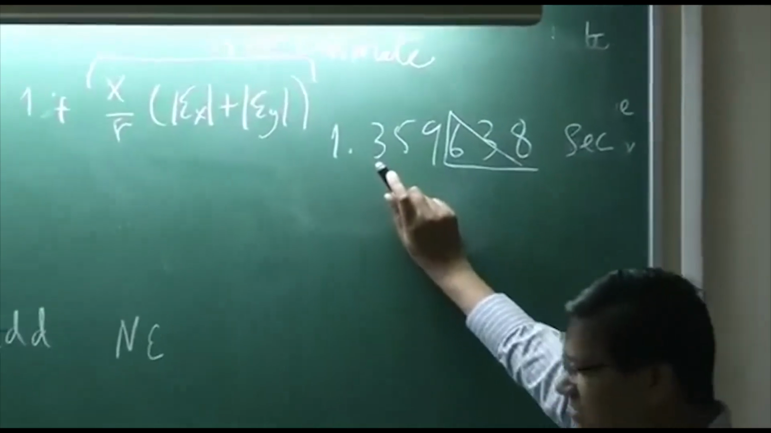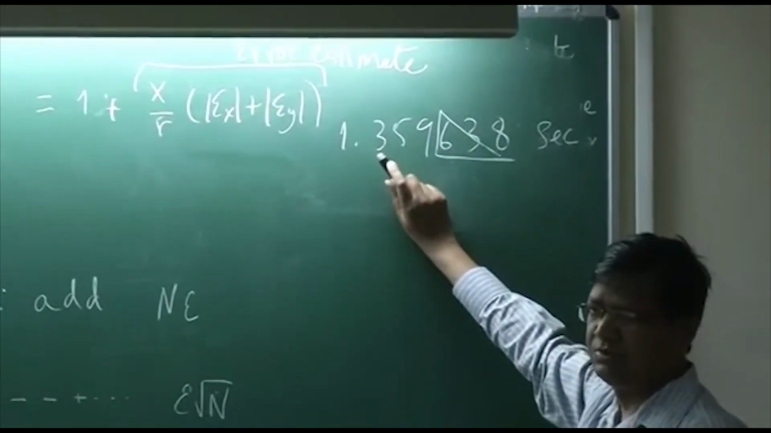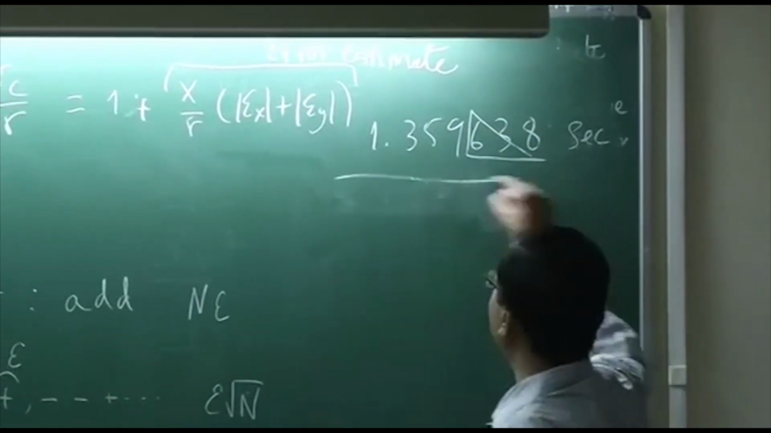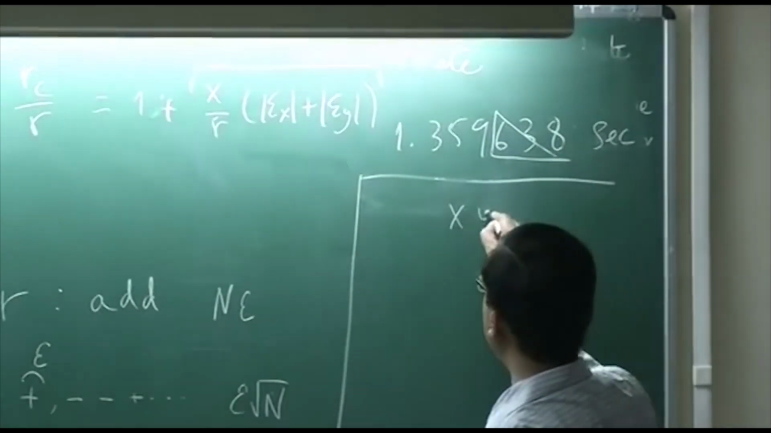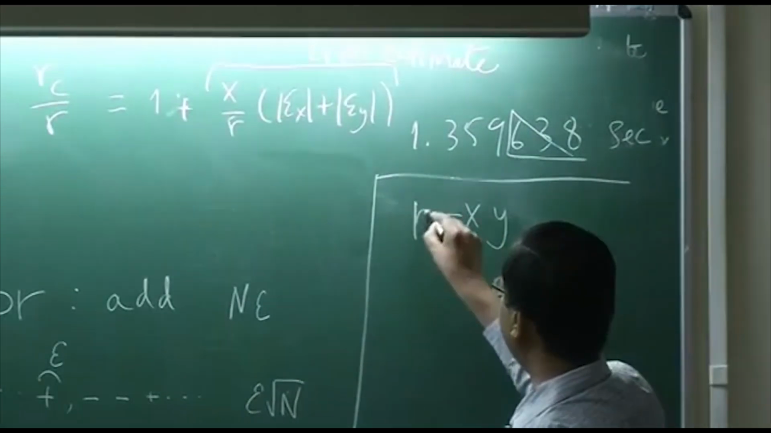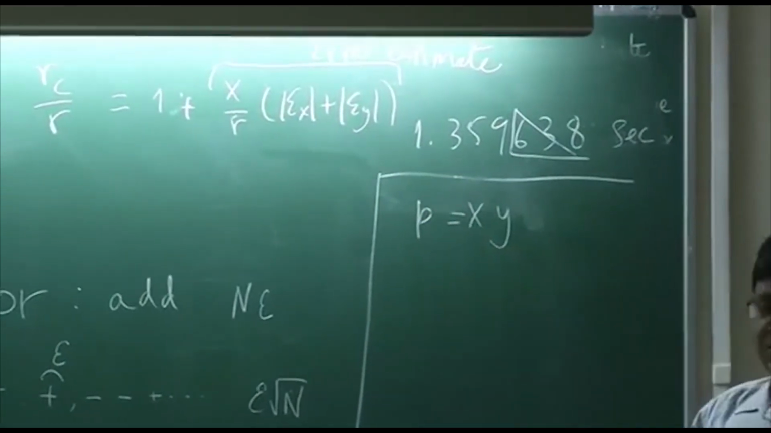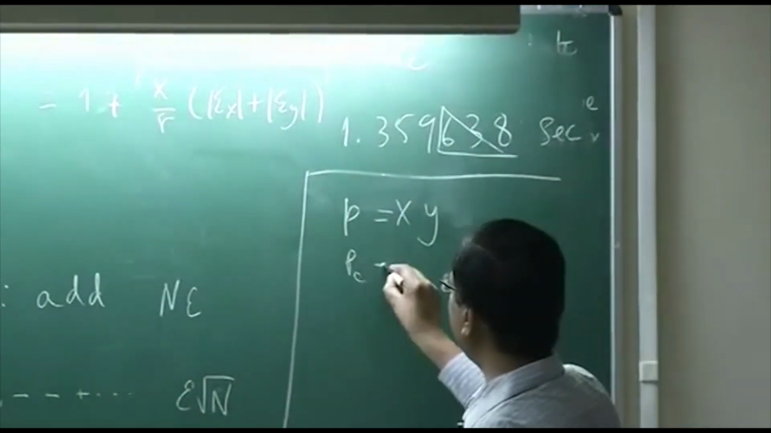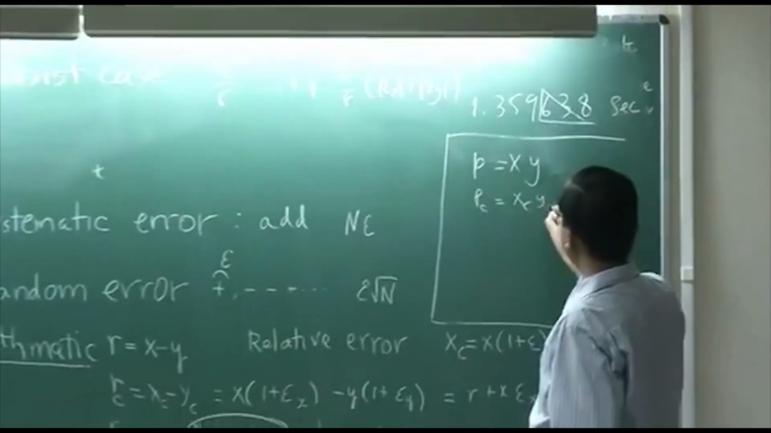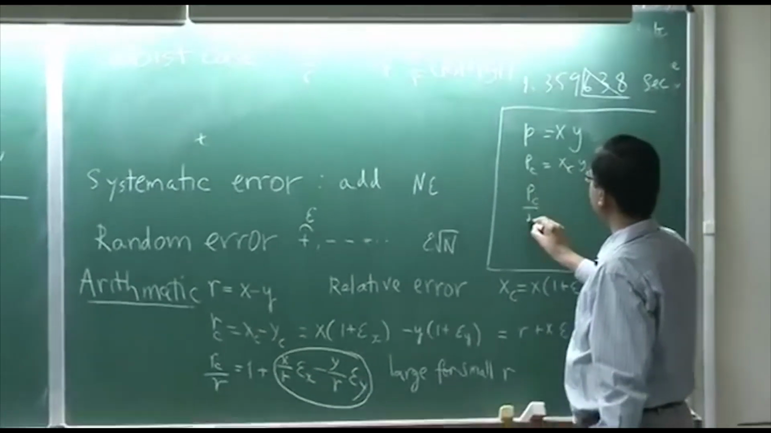We can do the same analysis for the product. In fact, this analysis is straightforward. Let us say I take the product of two numbers x, y. Let us call it P. We can do the same thing. Let us look at it quickly. PC in the computer is going to be xc yc. So PC by P is